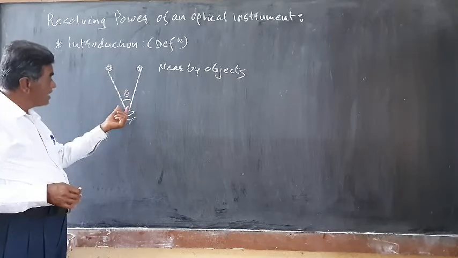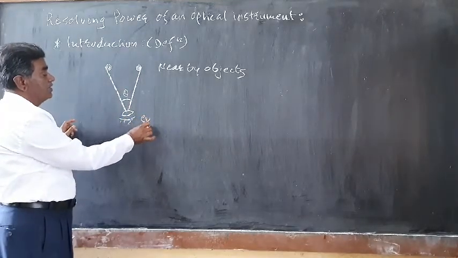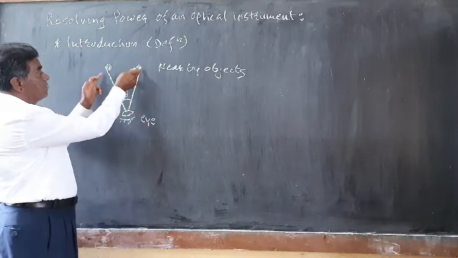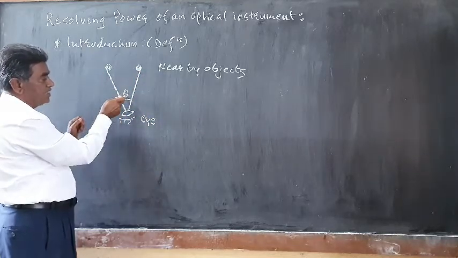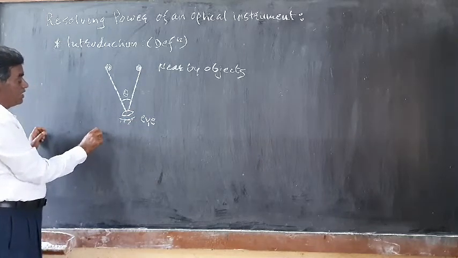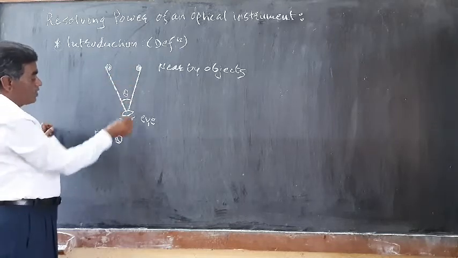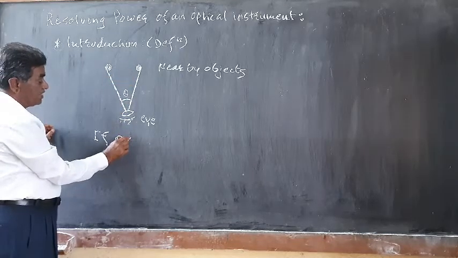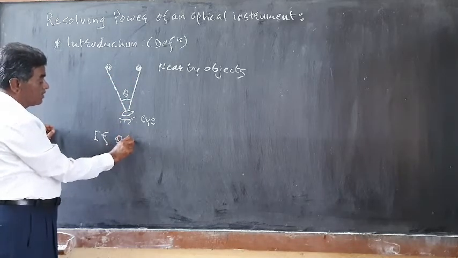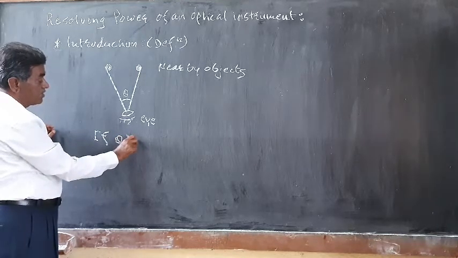If the angle subtended at our eye by the two nearby objects is theta, and if this theta is greater than 1 minute,